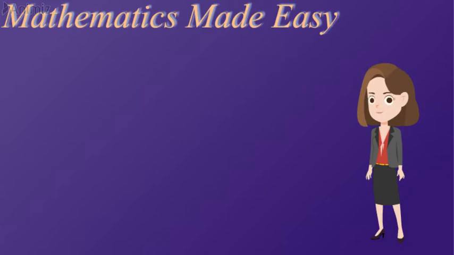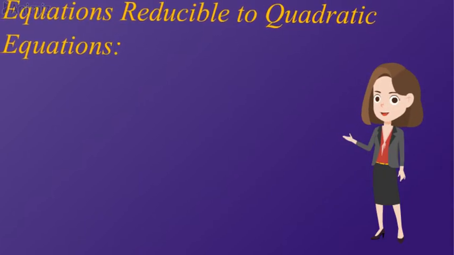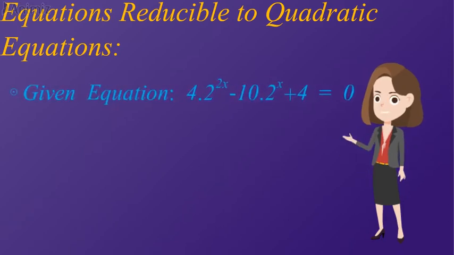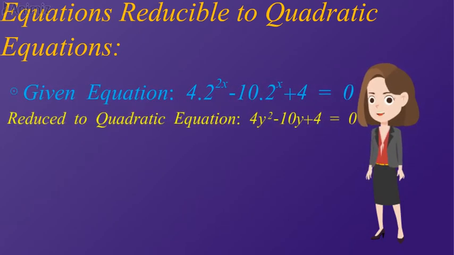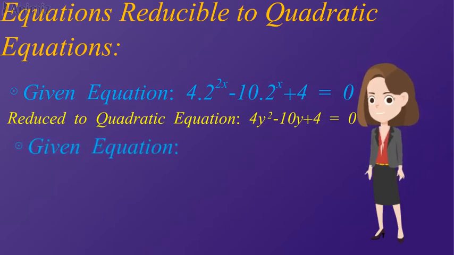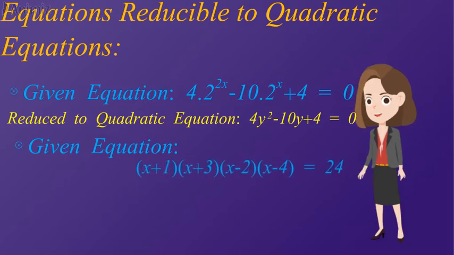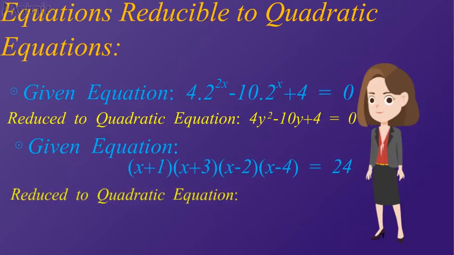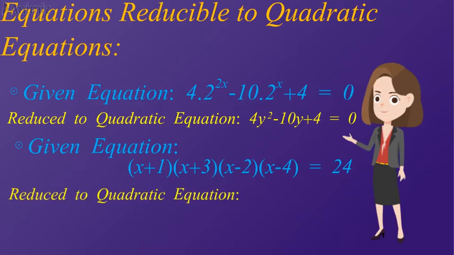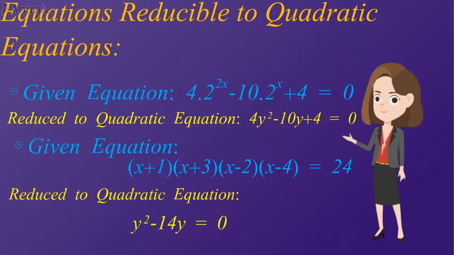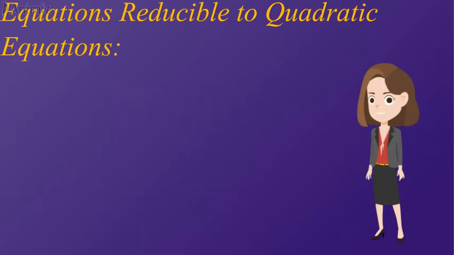In today's lecture, we will talk about the equations which are reducible to quadratic equations. In this lecture we are going to look at equations that are called quadratic in form or reducible to quadratic in form. It means that we will be looking at equations that, if we look at them in the correct light, we can make them look like quadratic equations. At that point we can use the techniques we developed for quadratic equations to help us with the solution of the actual equation. Let's learn the technique.